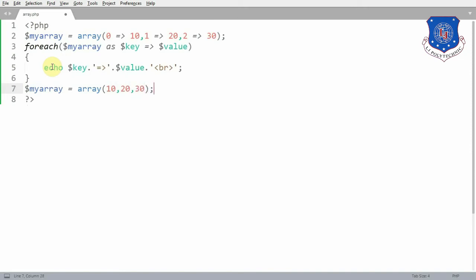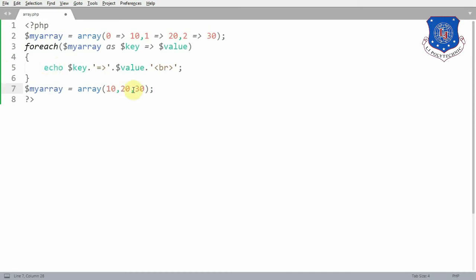So here I have not mentioned the key of any element. What PHP does is automatically assign the key: it checks the previous element for any numeric key. If any previous element has a numeric key, it will assign the current element the previous key plus 1, and if there is not any element previously with a numeric key, it will start with 0.